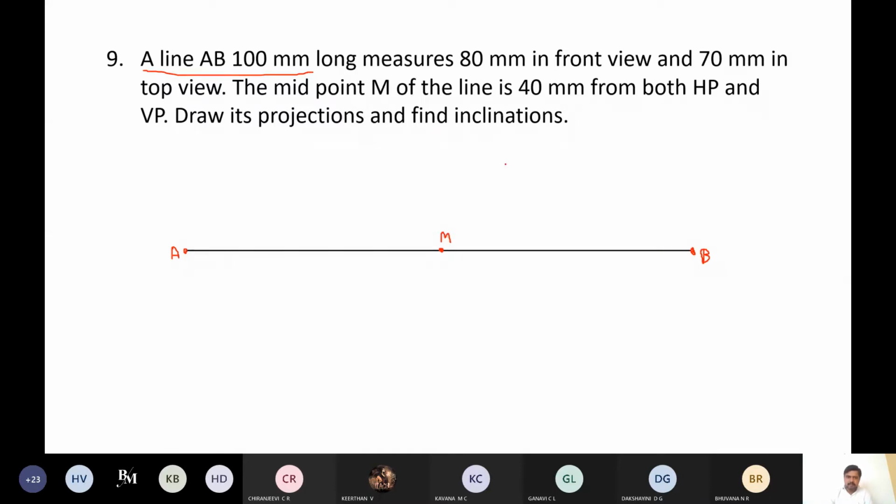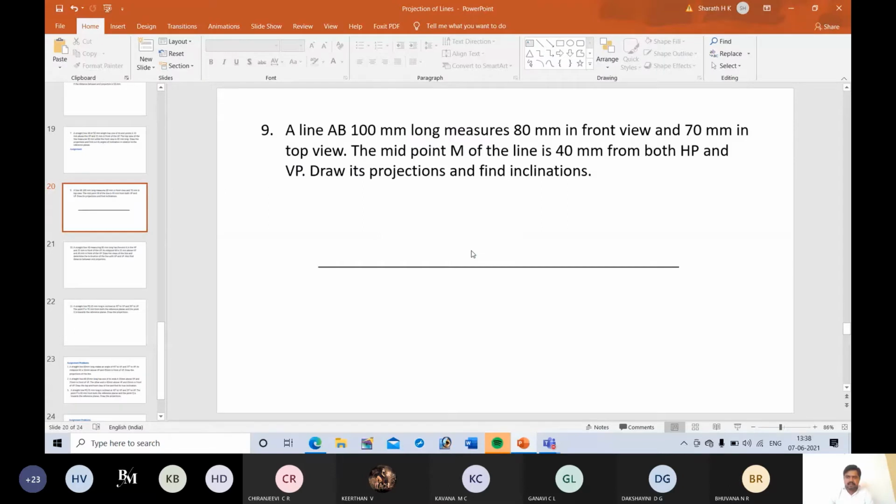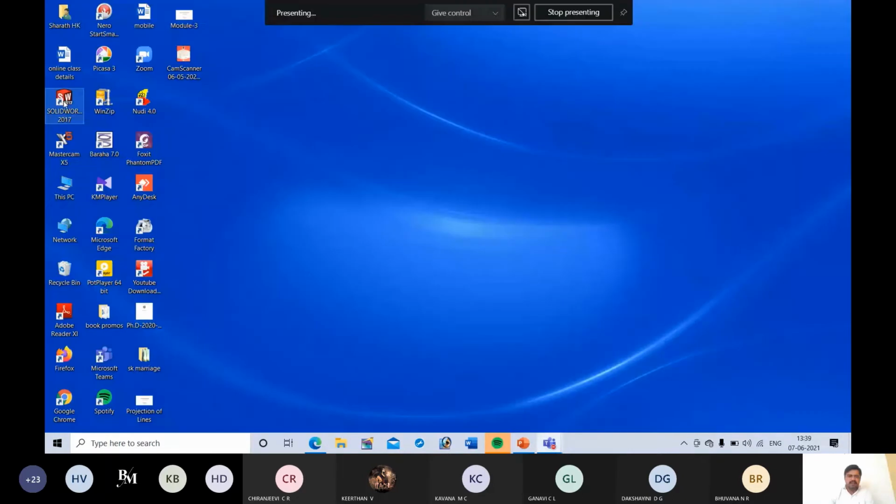And here in a midpoint problem, first we should locate point M, which is very important. Here point M is fixed, and both A and B will be floating points. In all previous problems, either A or B, one would be fixed and the other a floating point. But in a midpoint problem, M will be fixed, and A and B are floating points. Now I will show the construction procedure for this using SolidWorks, then you will understand it properly. If you get any doubts in between, you can ask.